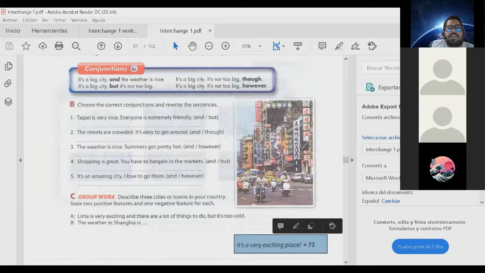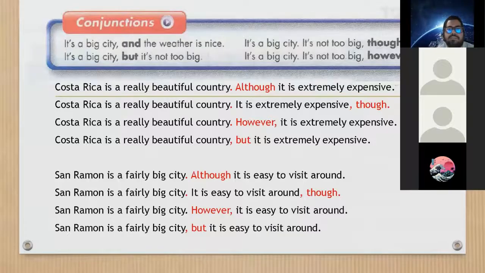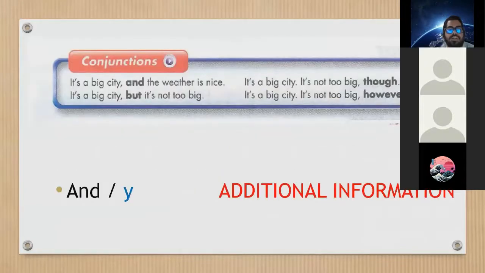Okay, and the idea is that these connectors help us to connect ideas, to connect sentences. Pero les hablaba yo a los chicos antes, that in here we have connectors to add information, right? Para agregar información como el and. Okay, cuando decimos, for example, I like rock music and I like reggaeton. Esto con ese and, lo que hago es agregar información extra, right?